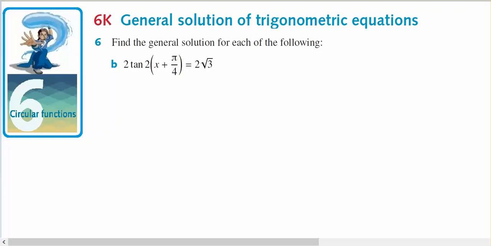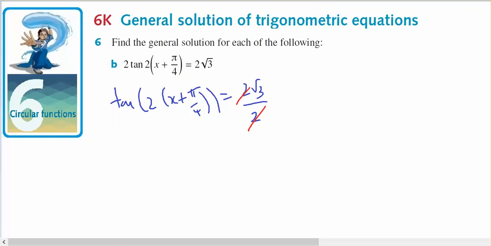Year 12 Methods that comes out of Chapter 6, 6K, forming general solutions to trigonometric equations. On this occasion, I've got a tan question in 6B. But because there's a 2 there, I'd like to move the 2 to the other side first. So the tan of 2x plus pi on 4 equals 2 root 3 on 2, and the 2's will cancel to leave it equal to